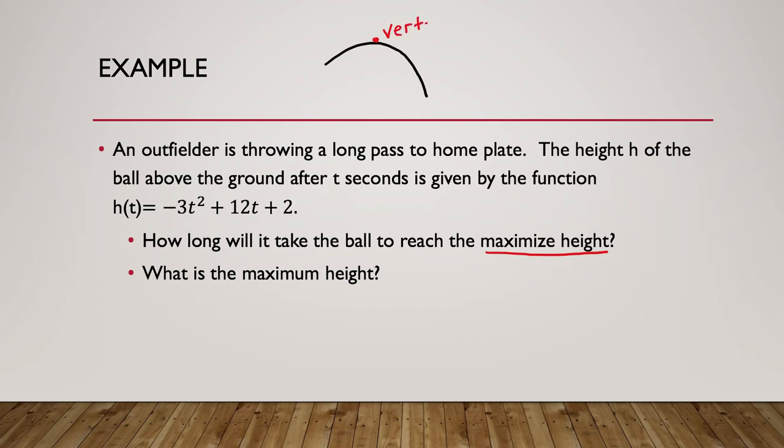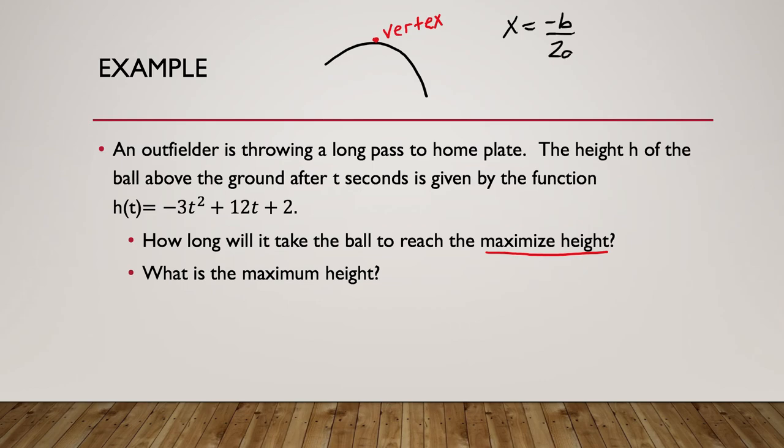So in order to find how long it takes the ball to reach the maximum height and to find the maximum height, we need to first find the vertex for this equation. So I'm going to begin with my vertex formula, which remember is x is equal to negative b over